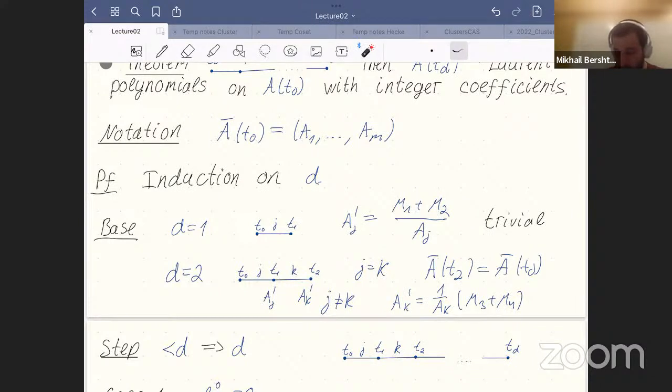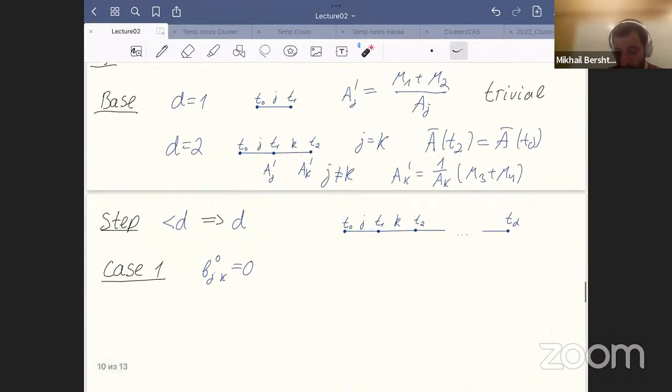The proof consists of two cases. One is simpler, and the other is less so. The first case is: assume that G and K are not connected. So it means that in the original incidence matrix for zero seed, B_GK is equal to 0. As we said, if two vertices are not connected, then mutations in them commute. So it means that we can add one more seed,